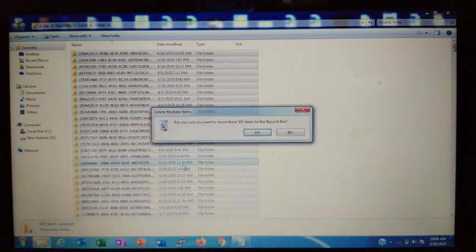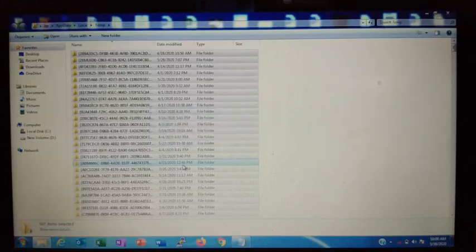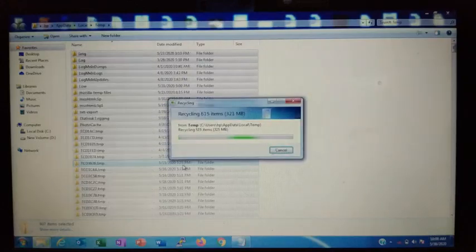Shift Delete means it will be deleted permanently from your laptop or desktop. Then select yes. All the junk files will be deleted here.